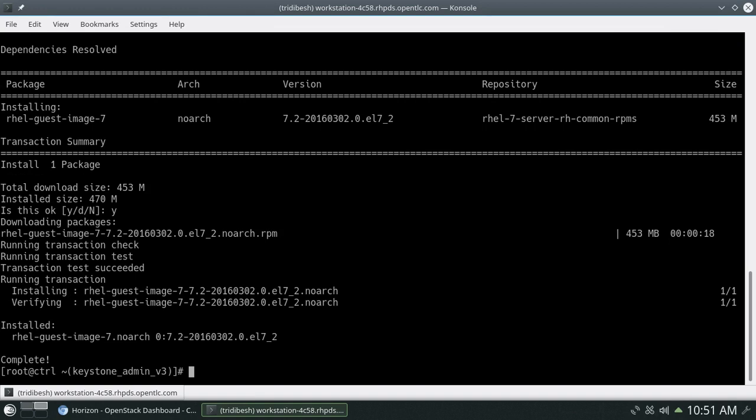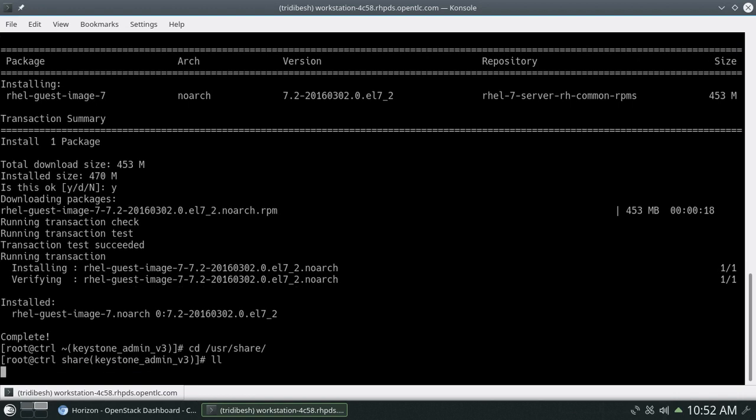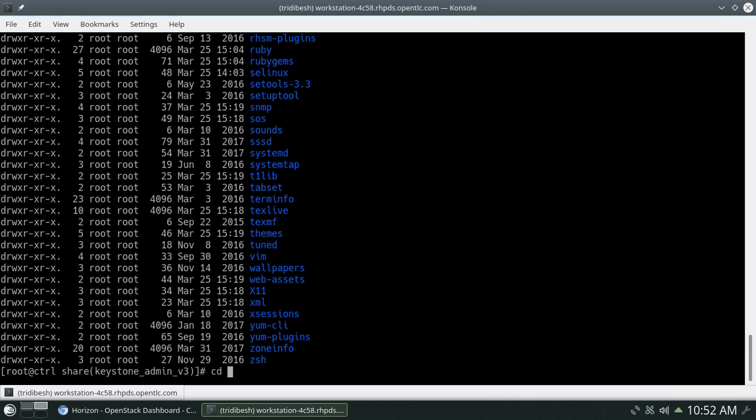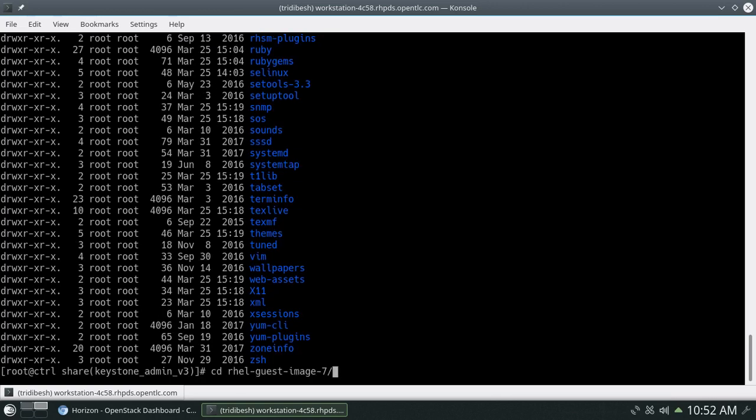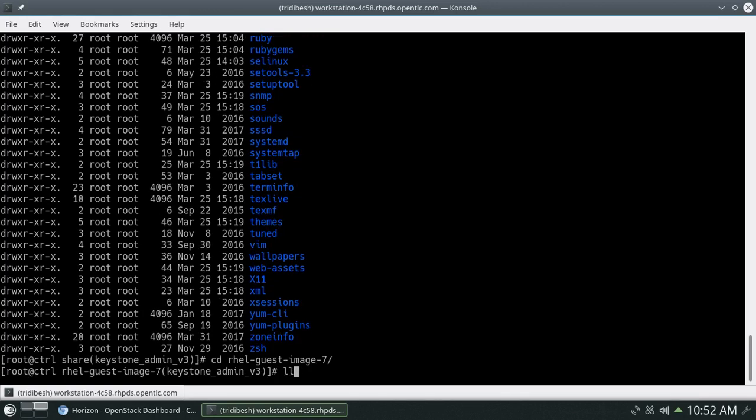Once you install this package, it puts the QCOW2 image inside your /usr/share. So let's go to the directory /usr/share, and then you'll be able to see there is a rhel7-guest-image directory. So let's go into rhel-guest-image-7.